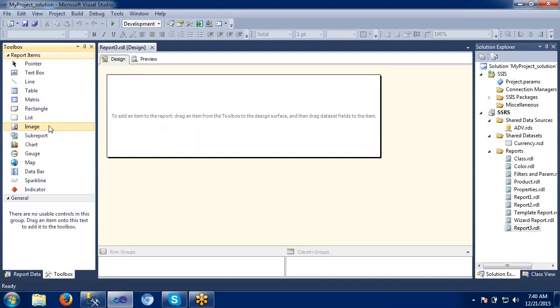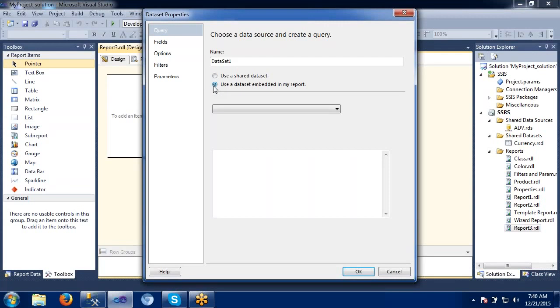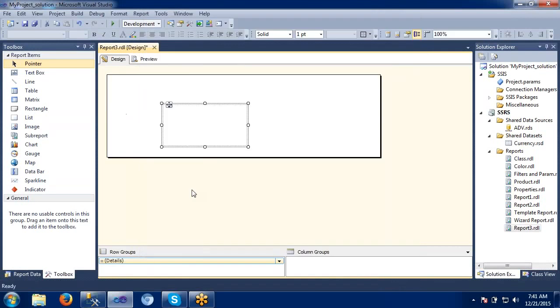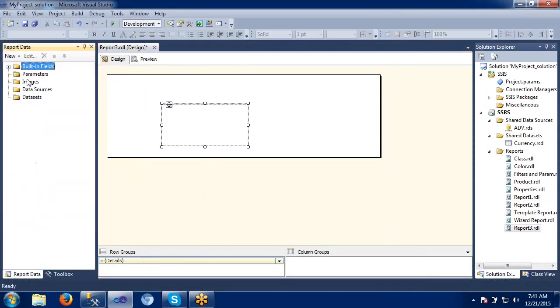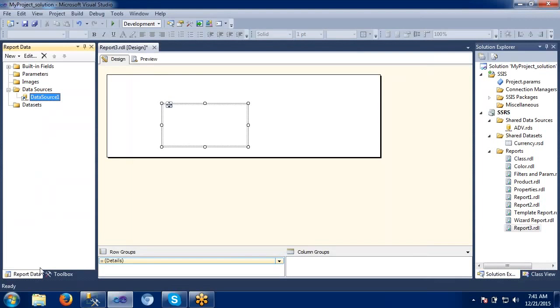Today we'll start with the list here. So I'm taking this into my plain report. It is asking me which data set I want to use. I will take it as a new report. In the report, first I will add one data source here, right? This is our common thing which we need to do. So I will use this shared one as we discussed earlier. This is a one-time effort.